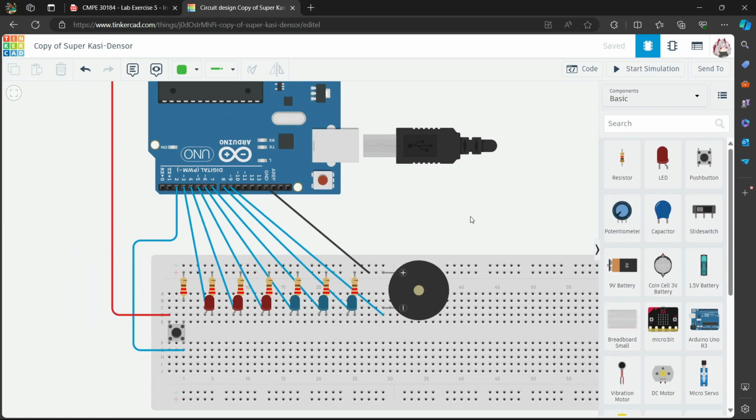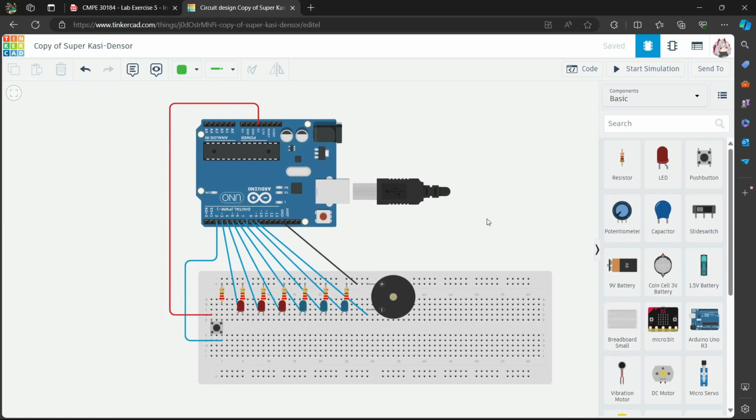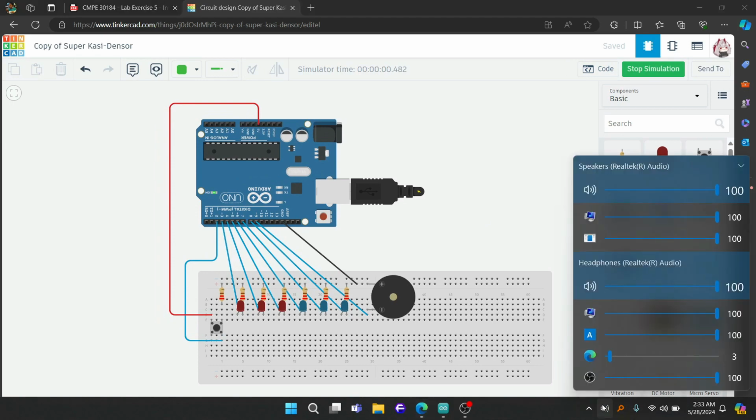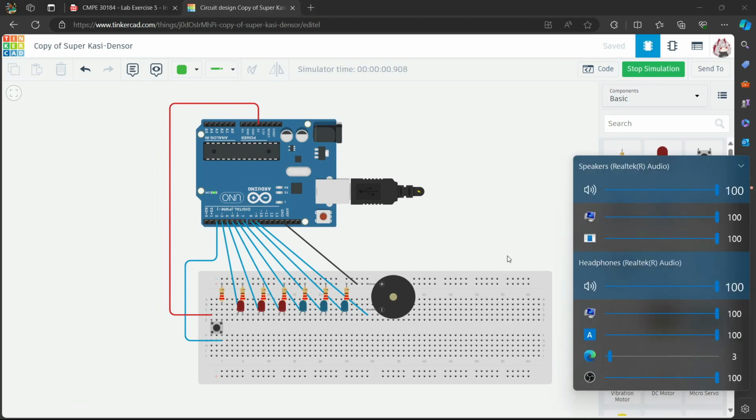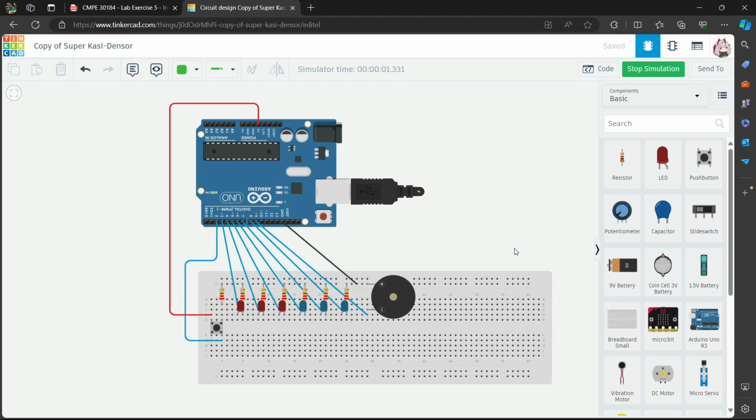So let's try the diagram if it works. Let's lower the volume because the buzzer is a bit noisy. And first, the first siren. Next, the second siren. Next, the third siren.